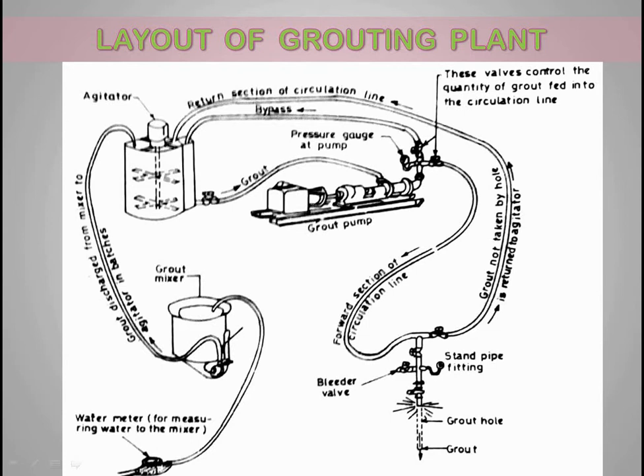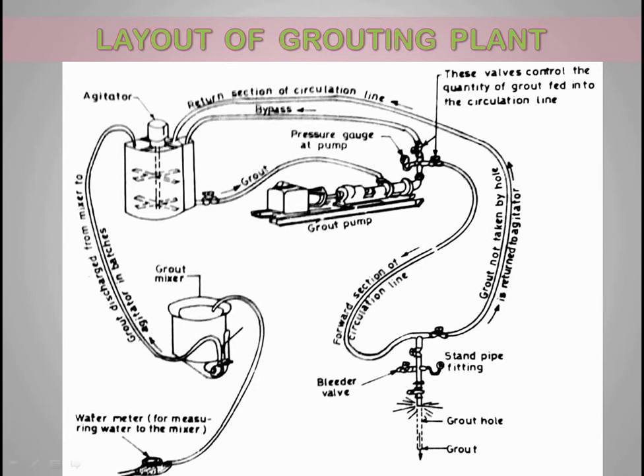Now this slurry is taken into the grout pump, which is the third unit in the layout of the grouting plant. Here you have many valves, like valves to adjust the pressure. You can control the volume of the grout material. These valve arrangements are very much required so that we can ensure the required amount of grout is taken to the field. The pump is also provided with a bypass hose so that any excess grout material in the grout pump can be taken back to the agitator. It will be stored there and can be used further.